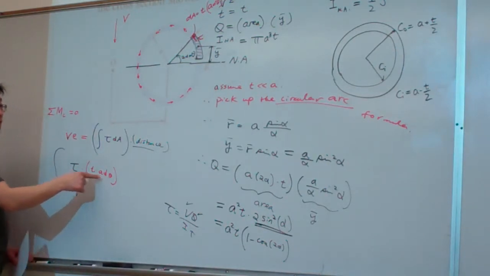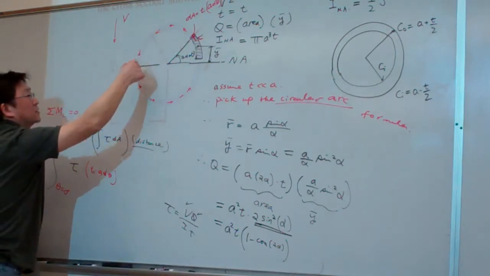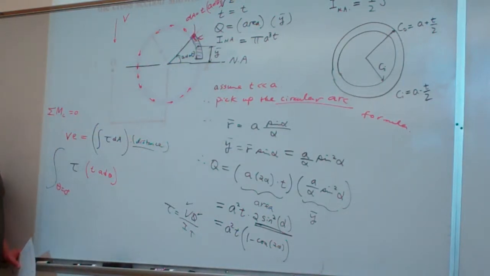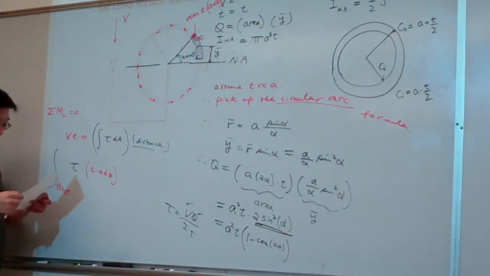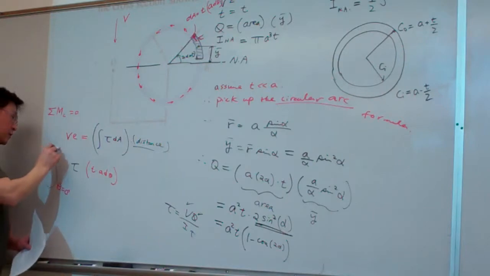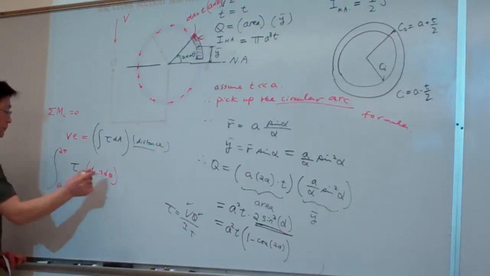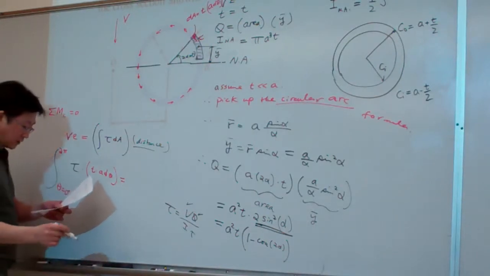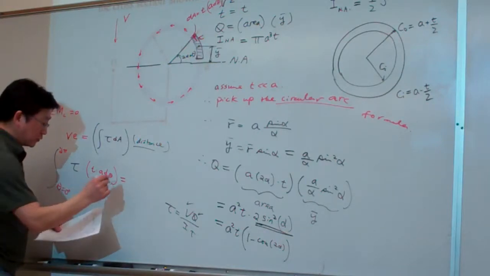We do the integral for the area from theta equal to 0 degrees to how many? The whole 2 pi. Are we okay? Okay, so calculating carefully, this one will be equal to